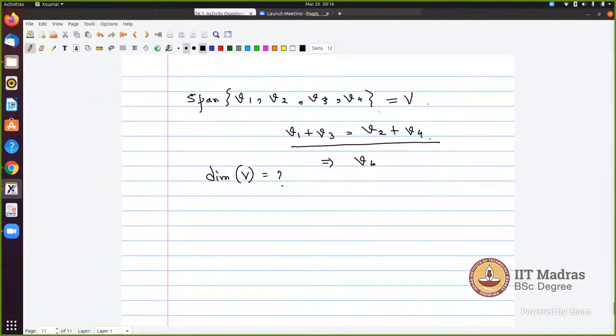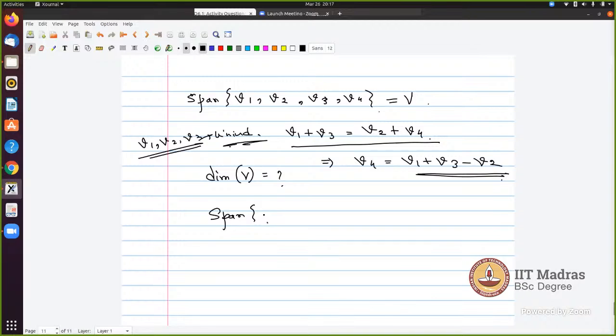Basically, I can write V4 in terms of this, right? Yes, sir. Actually, I was thinking something else. I got it. And there is no other relation given. So we are basically assuming all these V1, V2, V3 are linearly independent, right? No other relations are given. So I can write V4 in terms of V1, V2, V3, like this. Now the point is if these V1, V2, V3 are linearly independent,